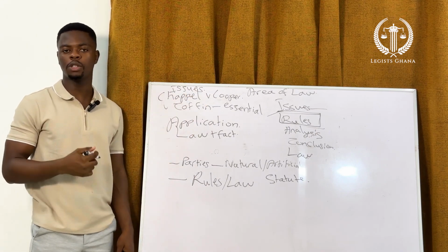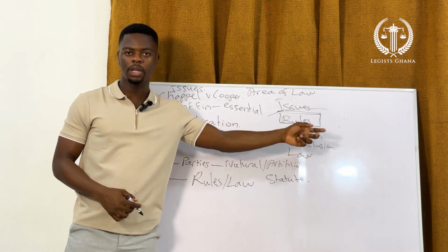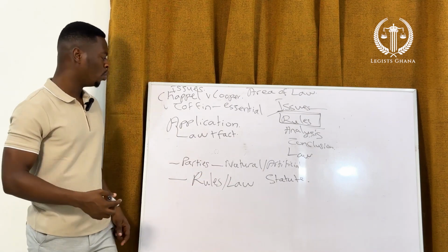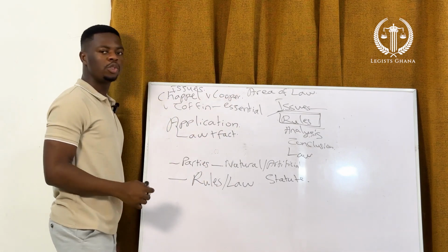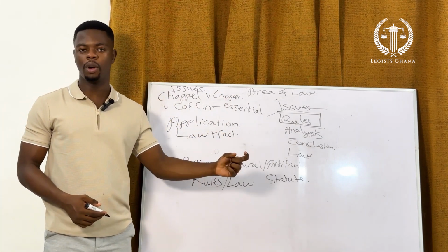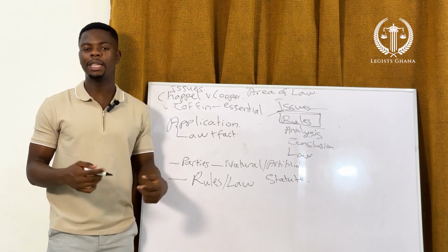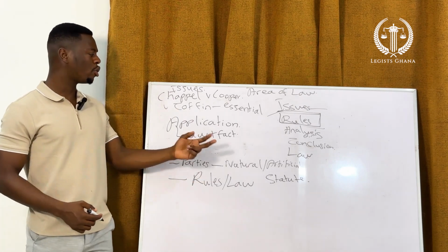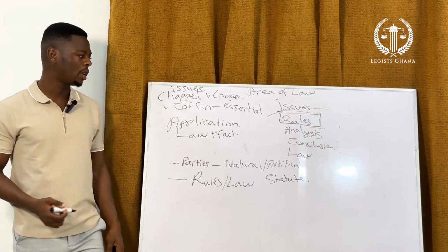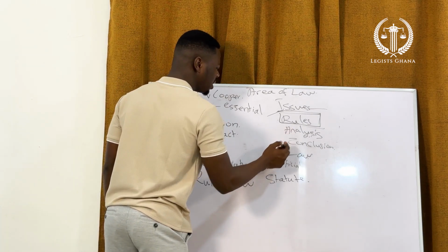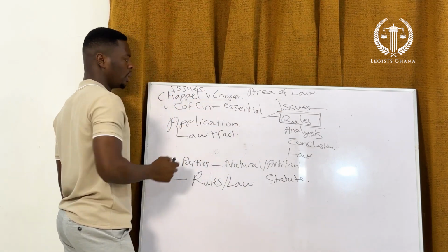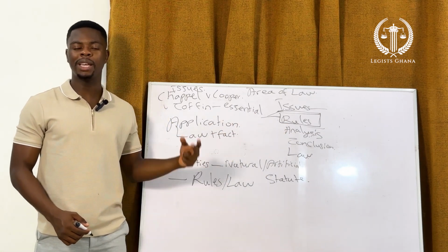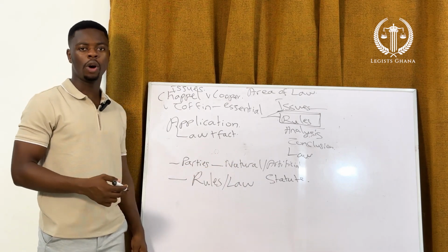So in this particular sense, what you must note is that once you've raised the relevant rules and you have your problem, that is whether or not the contract is binding on the minor, something to that effect, you apply your rules to the facts. And so you say that according to the facts, the particular individual is a 15-year-old boy. So he is a minor. Under the general law, contracts are not binding on minors unless it falls under certain exceptions, such as a contract for necessaries or a beneficial contract of service. So in this particular case, in your analysis and your application, you are going to then determine the issue and come to a conclusion. So now that we know that it was a contract for rice, and rice is food, and food can be deemed to be essential or necessary to the standard of living or to the existence of the particular individual,